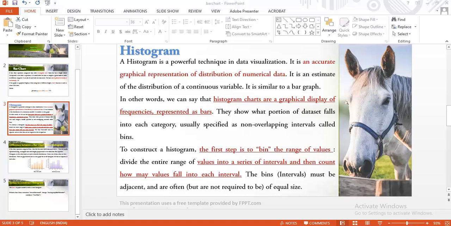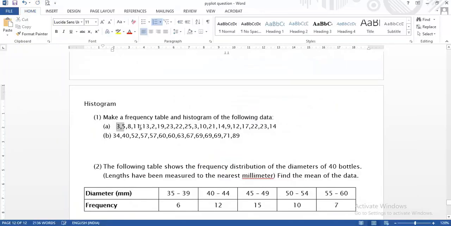For example, this is the data for which I have to create a histogram. Students, remember how we create a histogram manually. First, in this data I will create class intervals. Let's suppose I categorize the data.